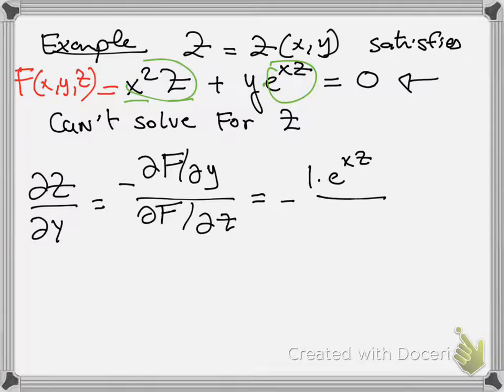Now what's partial f partial z? For partial f partial z, x and y are constant. So this x here is a constant. Here it's a product. The derivative of a constant is 0, so the derivative of x squared is 0 times z, plus x squared times the derivative of z. It's 1. So here it's x squared, plus,